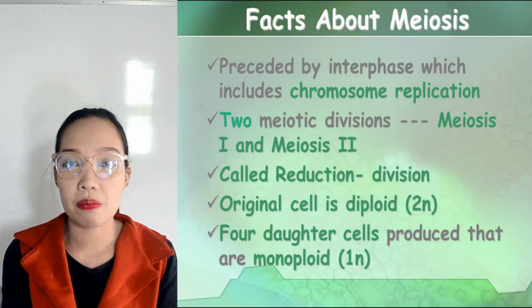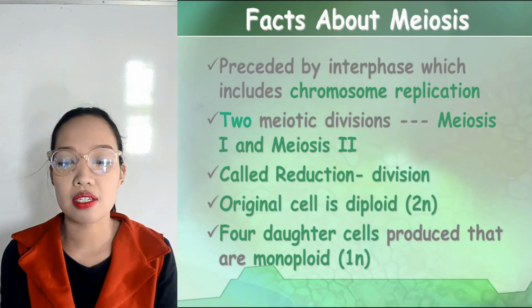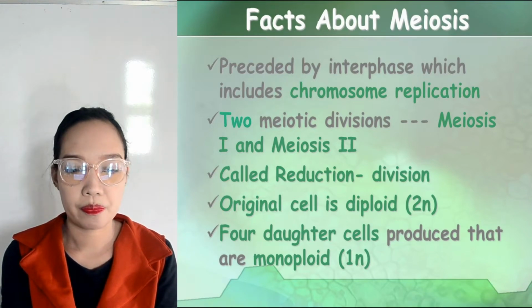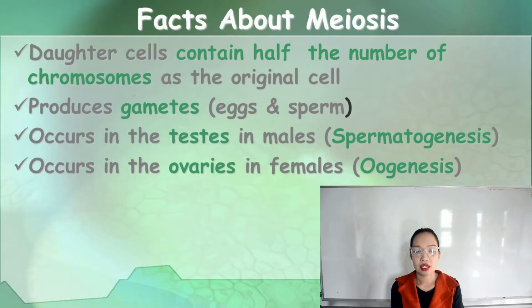The original cell is diploid and 4 daughter cells are produced that are monoploid. In meiosis, daughter cells contain half the number of chromosomes as the original cell. It produces gametes, the eggs and the sperm. It occurs in the testes in males, which is called spermatogenesis, and occurs in the ovaries in females, which is